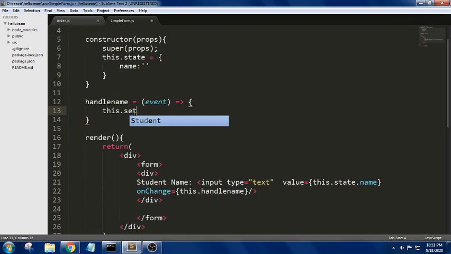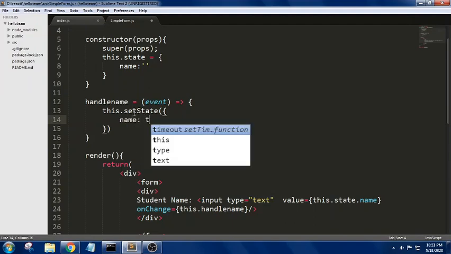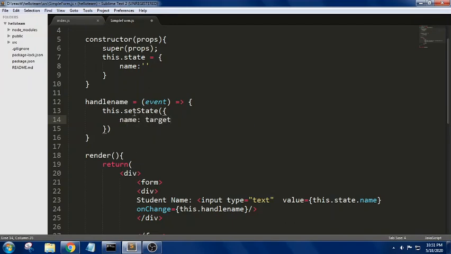In this setState, in order to get the name value, we are trying to use the attribute target name, followed by value for this event.